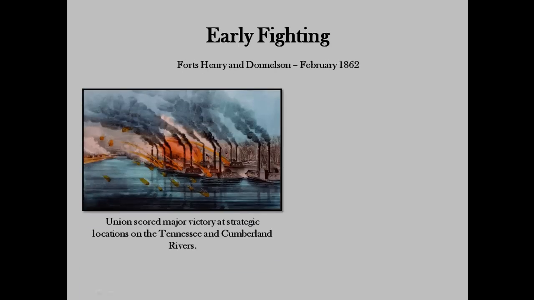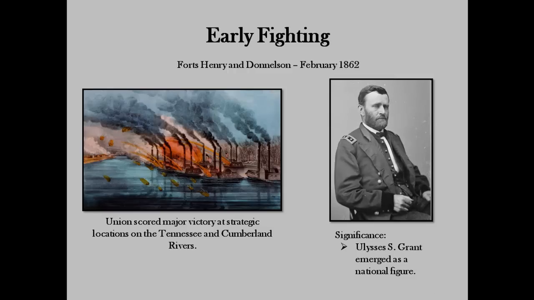For the North, the first phase of the Civil War was marked by many defeats and a lack of effective leadership from its generals. They found a general in 1862 at Forts Henry and Donelson when Union forces were able to capture Confederate forts at Fort Henry and Fort Donelson. These were strategic spots on the Tennessee and Cumberland River. The South's lack of railroads made river transportation significant, so the victories here were a major blow for the South and started the meteoric rise of Ulysses S. Grant to the U.S. Army.